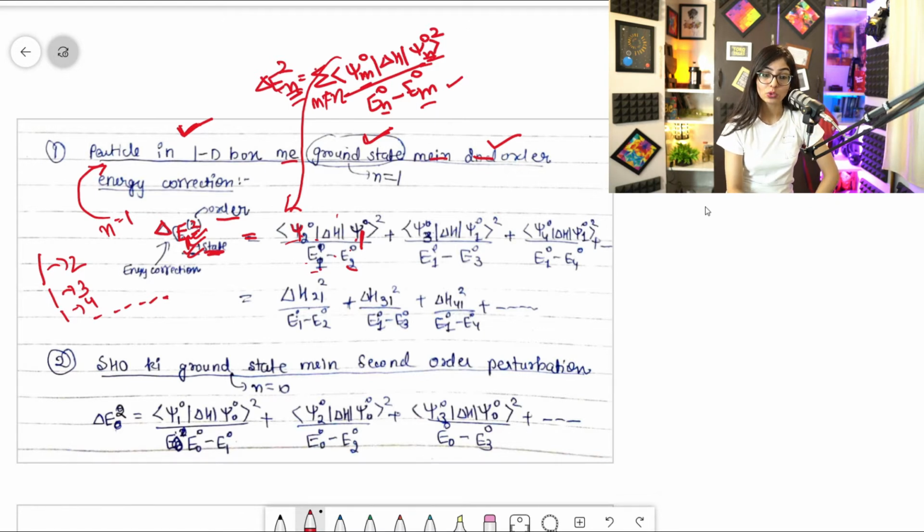Clear? And here, I always lay emphasis on this thing, that whatever state is given will be written first. Over here, can you see? Here it is written first. Over here it is written first. Over here it is written first. So this is this one. E1 minus E2, since the second state is 2, so you will write 2 over here, and here it is 1.